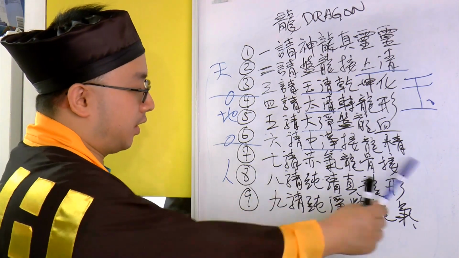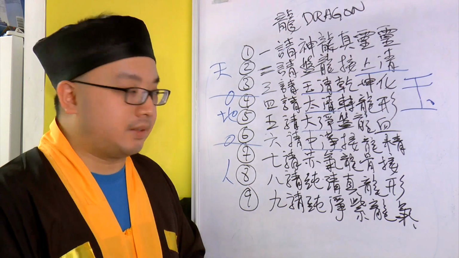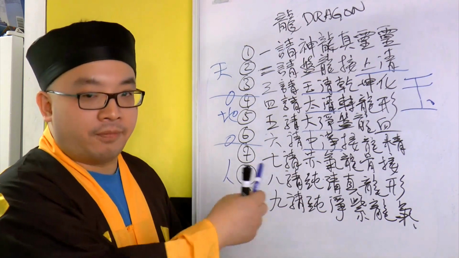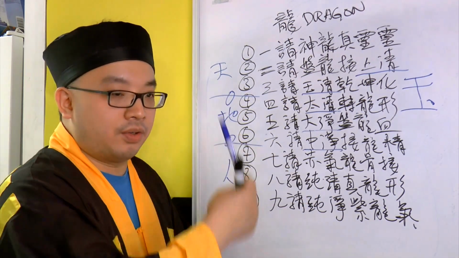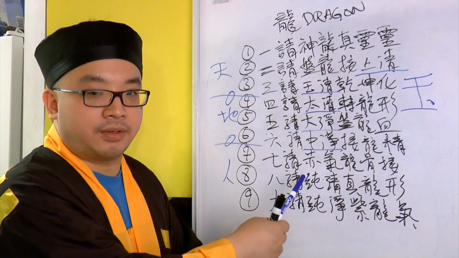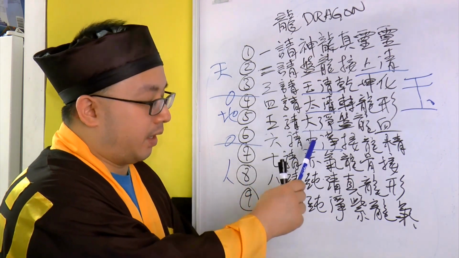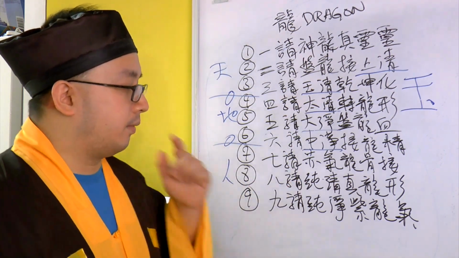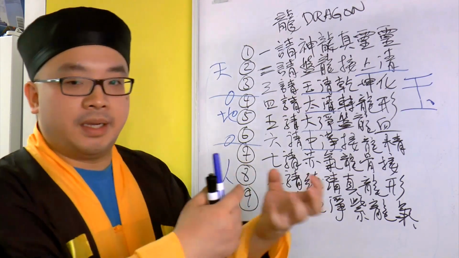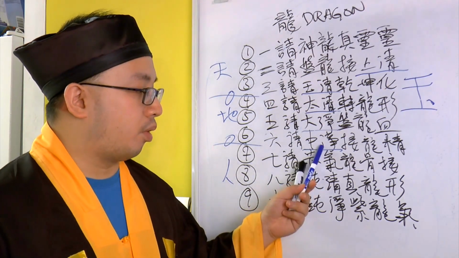6請中正接龍精. 中, middle. What is middle? Middle is when there's a platform that is working between you and the exterior, and then element passes down from the center, from you to there. 6請, number 6, invite to connect the medium between you and the other party, okay, to process.